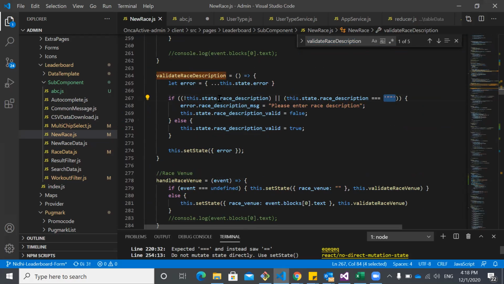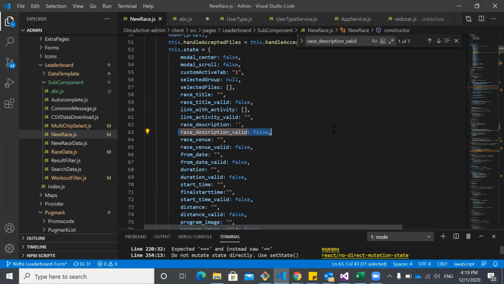If this condition becomes true, then we are printing that message in the error state, and we are setting rest description valid equal to false. By default, rest description valid is false only.